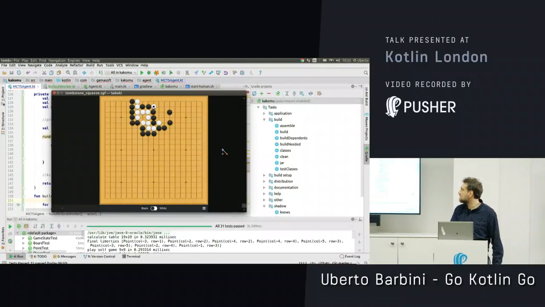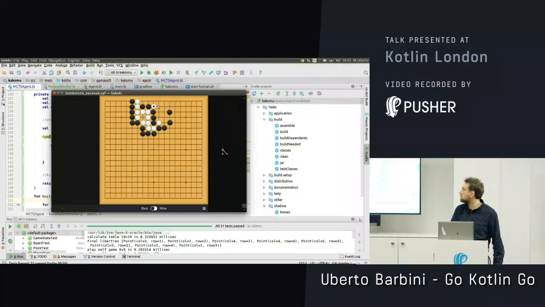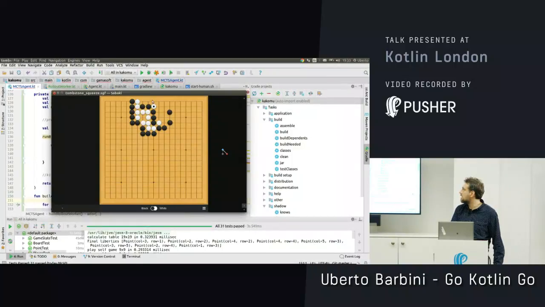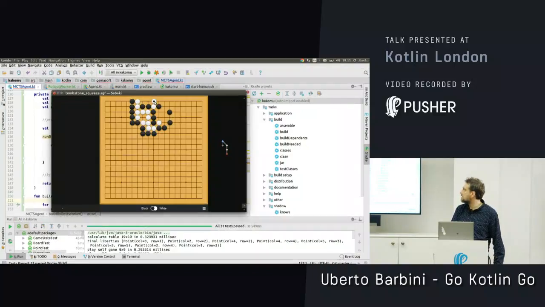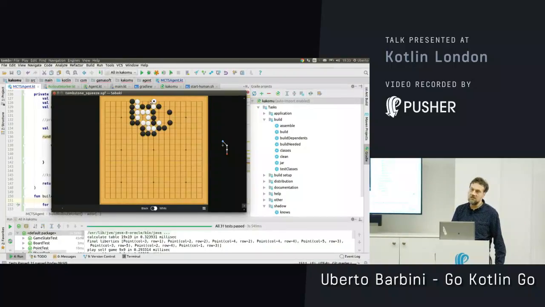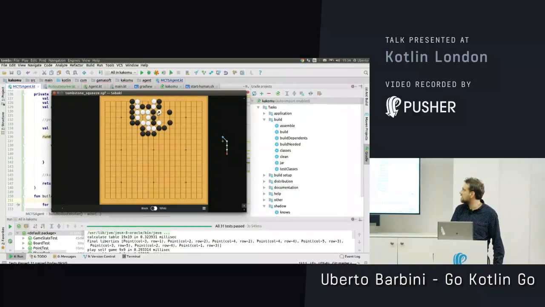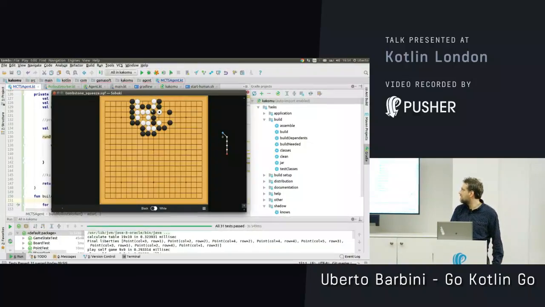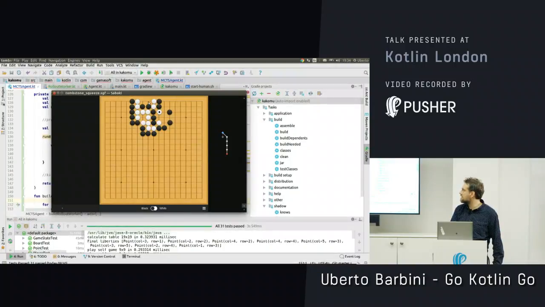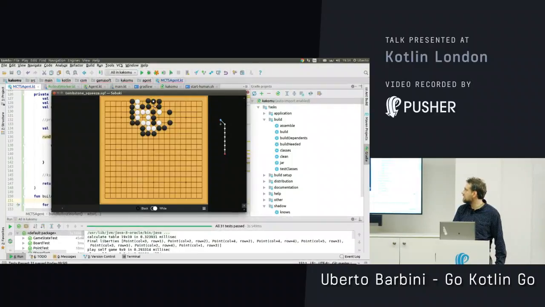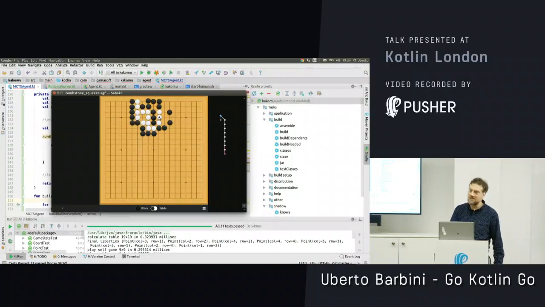There is a sequence where white puts a stone here, and then black wants to capture this one. He cannot place here, otherwise white captures these 2, so black places here. Then white extends. At this point, black cannot put here because it will be captured. So black puts here, and white puts here and sets the trap. Then black doesn't realize there is a trap, so captures the white stone. White plays again, black captures again. And now white does this.